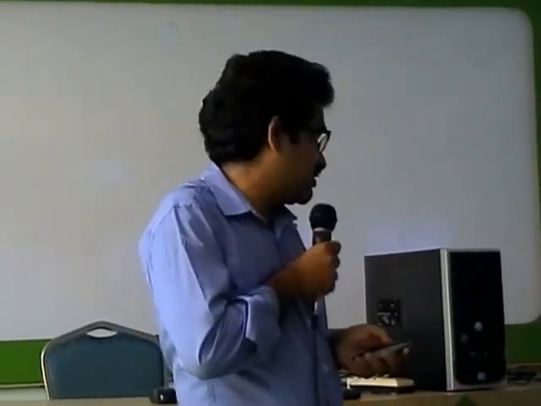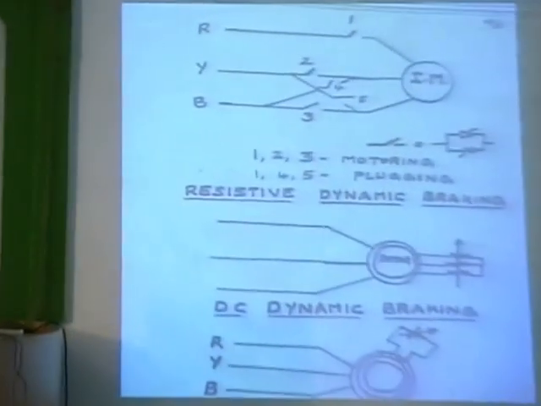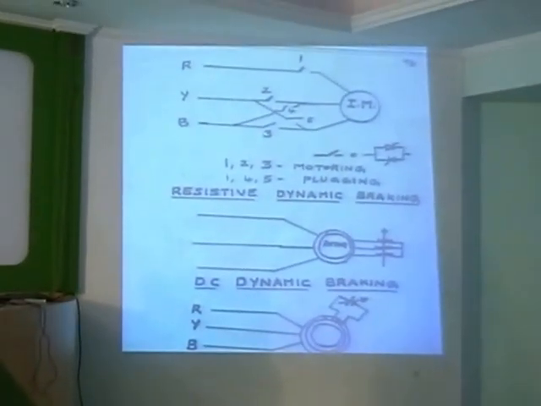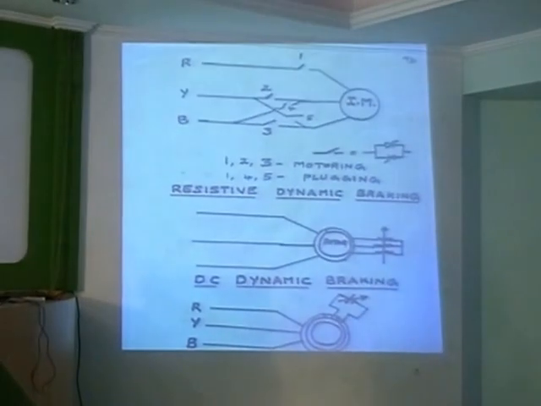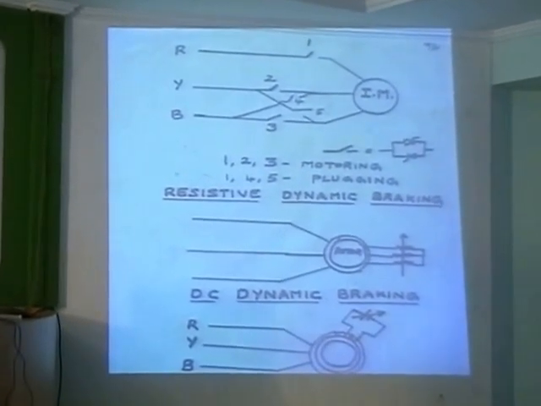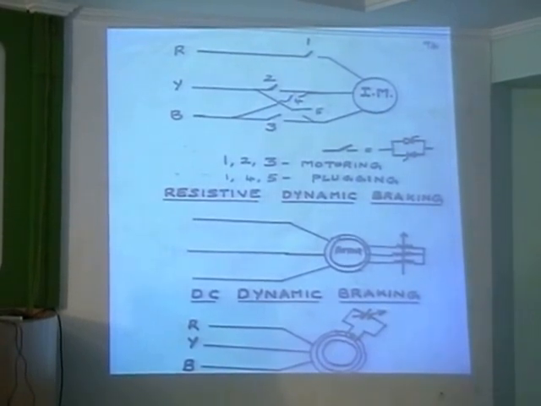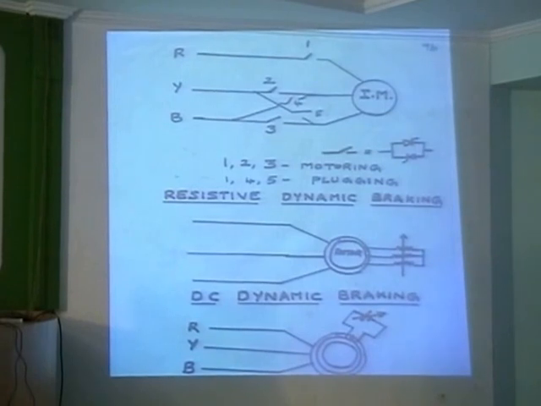The best braking is regenerative braking, because in plugging you are wasting the power in the resistance. In resistor dynamic braking you are wasting here. So in any method you have power loss, but in regenerative braking you are returning the power to the source. This is something like you earn money. Once you enter into the job, you earn money and donate to some orphanage. That is regeneration. It's your money and you are donating.